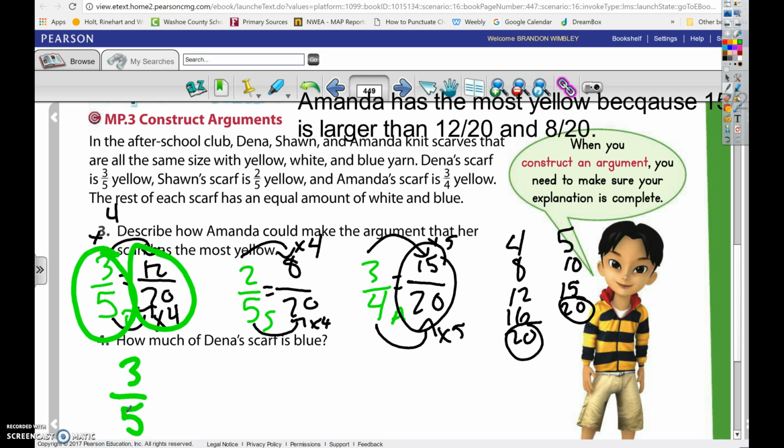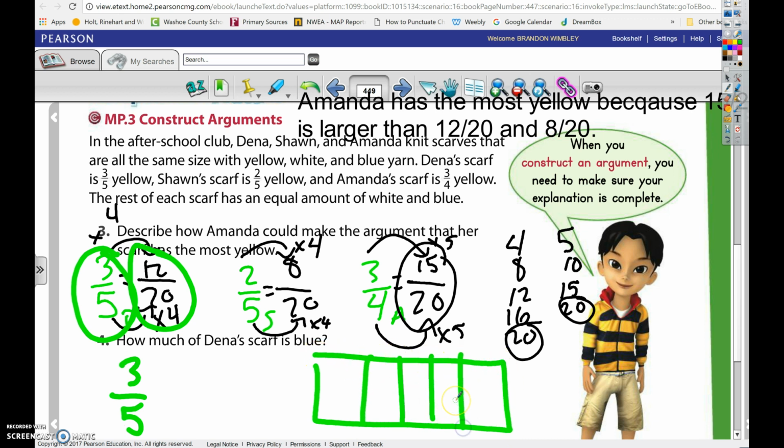I'm going to do a model for this one to show. So here is my model. It's broken up into fifths. Up here it says yellow, so I'm going to color 3/5 of it in yellow. And then here's my key where it says it's an equal amount of white and blue. So equal amount means one part will be blue and my other part is white, which is already filled in